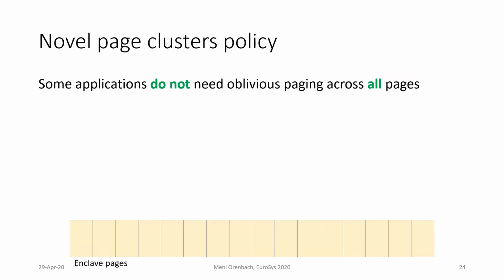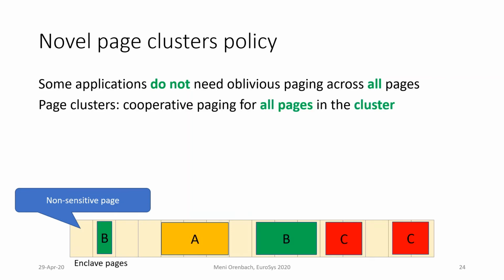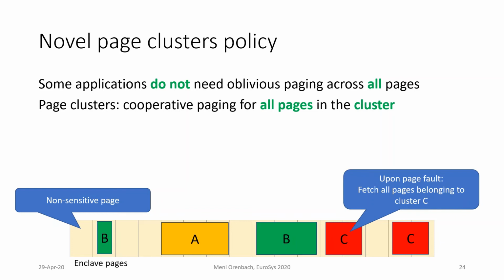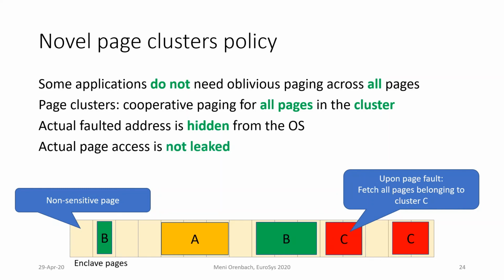Considering some applications do not need oblivious paging for all of their pages, we propose a novel policy we call page clusters, where non-sensitive pages can use naive paging and not impact performance, while sensitive pages can be placed into clusters. Cooperative paging with the OS works for all the pages in the cluster, so upon a fault to some page, all the cluster will be fetched together. Since the actual faulted address is hidden from the OS by Autarky, the attacker cannot learn which page had actually